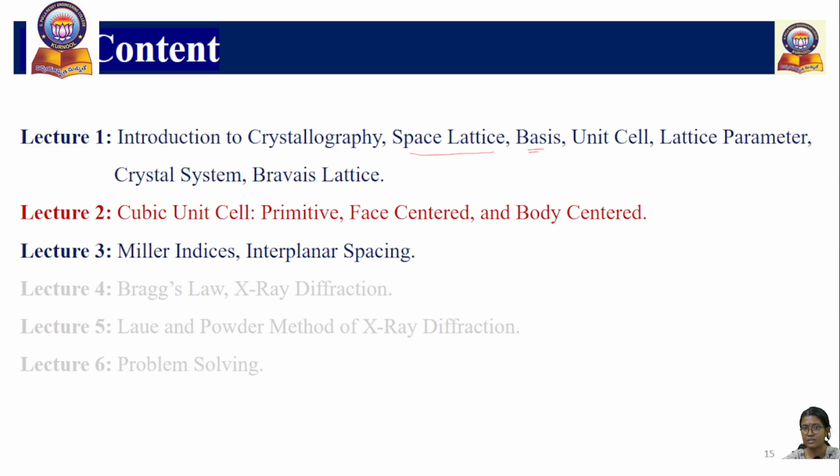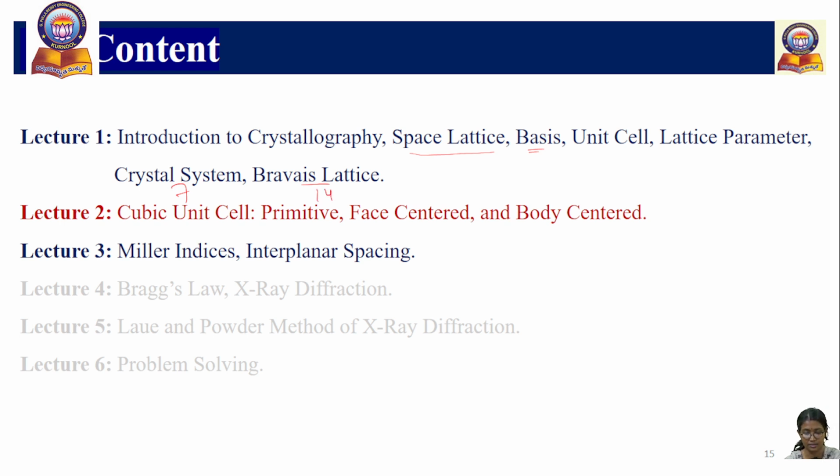Then we know about crystal system. Crystal systems, who are they? If we classify unit cells in terms of a, b, c and alpha, beta, gamma, then it is a crystal system. If we talk about lattice points, whether they are only at the corner, or corner plus body, corner plus faces, or corner plus opposite faces, then that is Bravais lattice. So there are 7 types of crystal systems we know from lecture 1, and we know there are 14 types